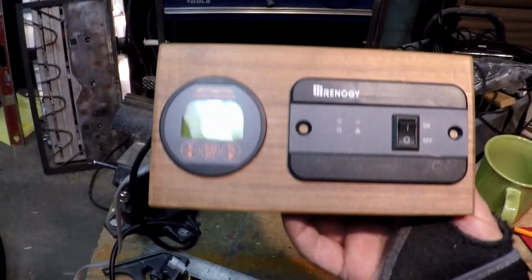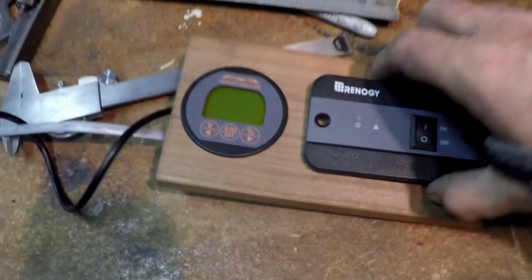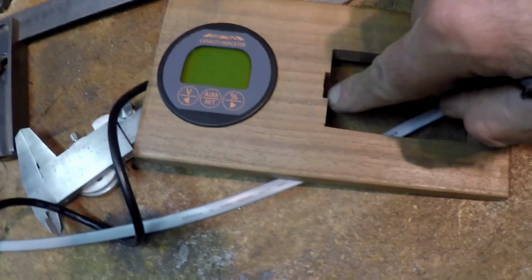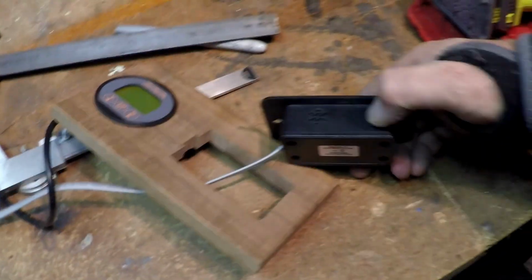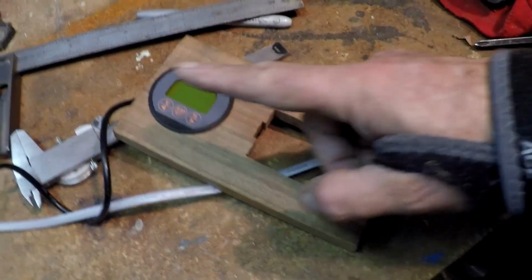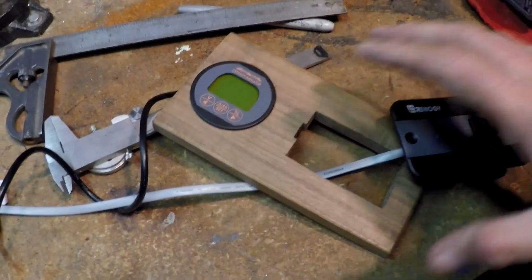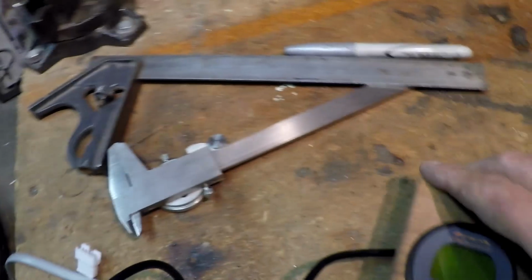Update. So we've got the holes cut. We've actually got them fitted in there. Just real quick, show you for the switch. I actually had to put a little notch here because of the cable for the switch itself. It was permanently wired here. It'd be nice if they'd actually have that where you can clip that in too. That way you don't have to be committed to go which specific direction with the wire when you're running it. But got that in there. It slips in real nice. Got the monitor,